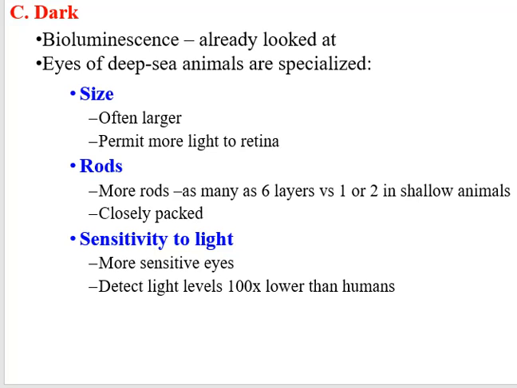Certainly not in everything, there are exceptions to this, but for the most part, the eyes of deep sea organisms tend to be larger. If you look at how big their eyes are in proportion to how big their body is, these deep sea organisms tend to have bigger eyes. There's a lot of deep sea organisms that have eyes, not just fish, but crustaceans and cephalopods as well. And if you've got bigger eyes, then you're a lot more sensitive to light.